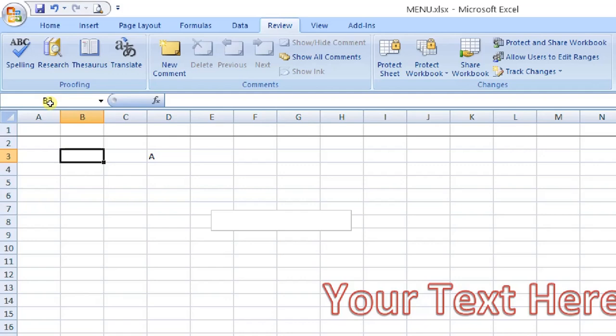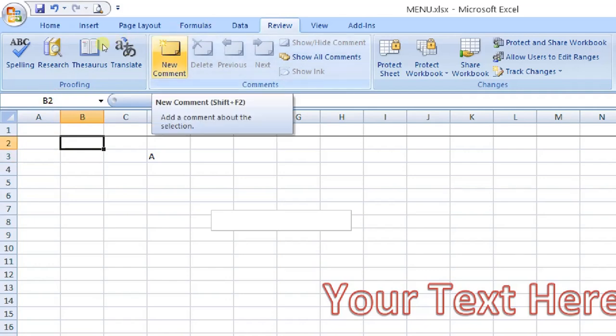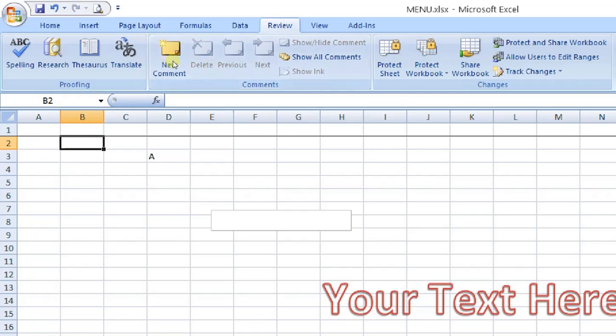So you can proof your data by using proofing: spelling, research, thesaurus. You can also put a comment, or your reviewer can put a comment or delete a comment, or see the next and previous comment. So putting a comment can be easier for reviewers in data analysis.